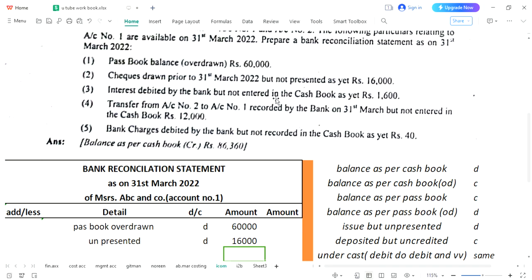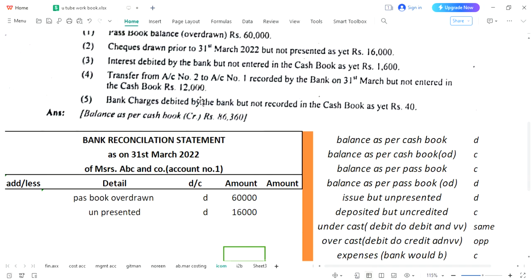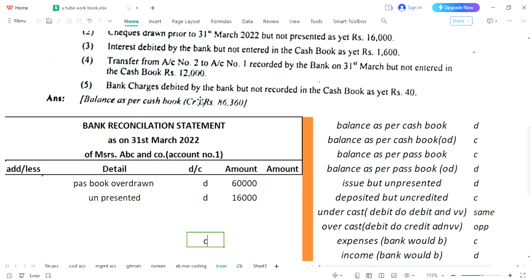And the next thing is interest debited by the bank. As you know, whatever the bank does, just the opposite would be written over here. Debited by bank, so we will write it as credit, and this amount is 1600. Post 1600, and here we have interest debited. Let's mention by bank as well,